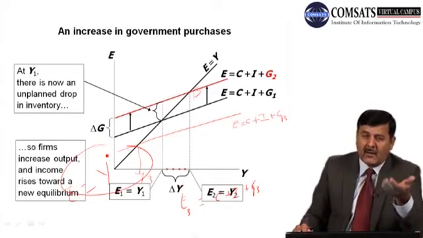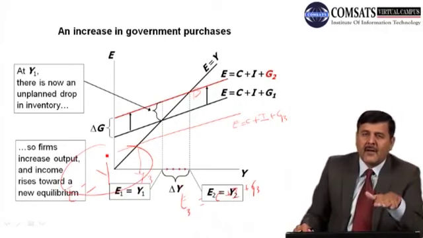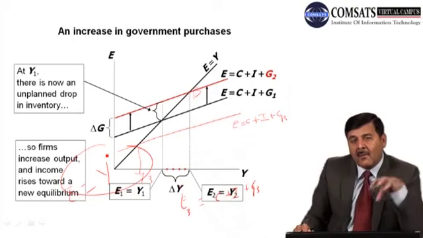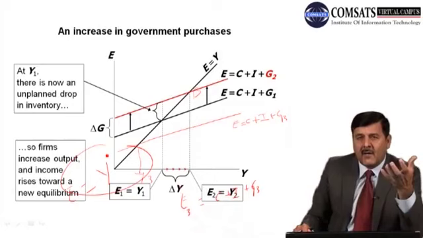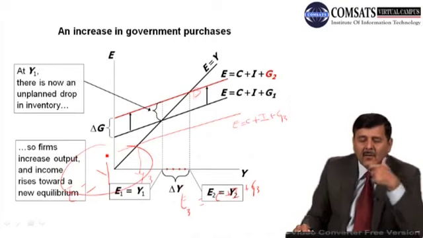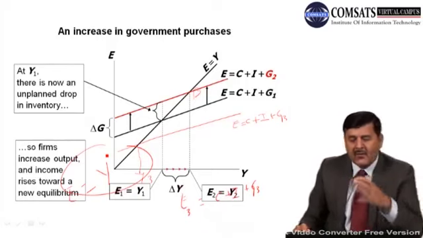It can go up or it can go down. If suppose government expenditure goes up, then unplanned inventory starts to drop and income will increase, and increased income means output will increase and we will come to a new equilibrium. Similarly, when expenditure decreases, unplanned inventory starts to build up. When unplanned inventory builds up, what will happen? The firm will reduce output, and therefore it will reduce the income level in the economy, and the economy will come to a new equilibrium which is below the initial level of equilibrium. So this is how